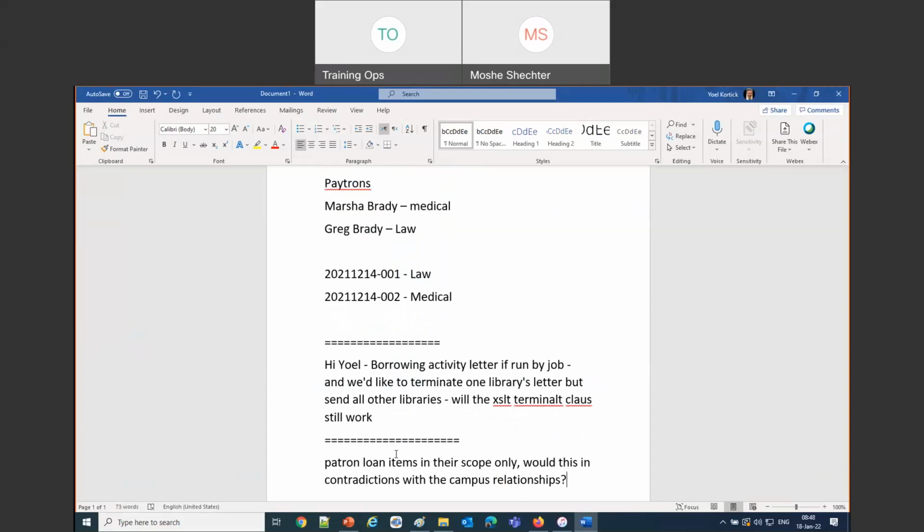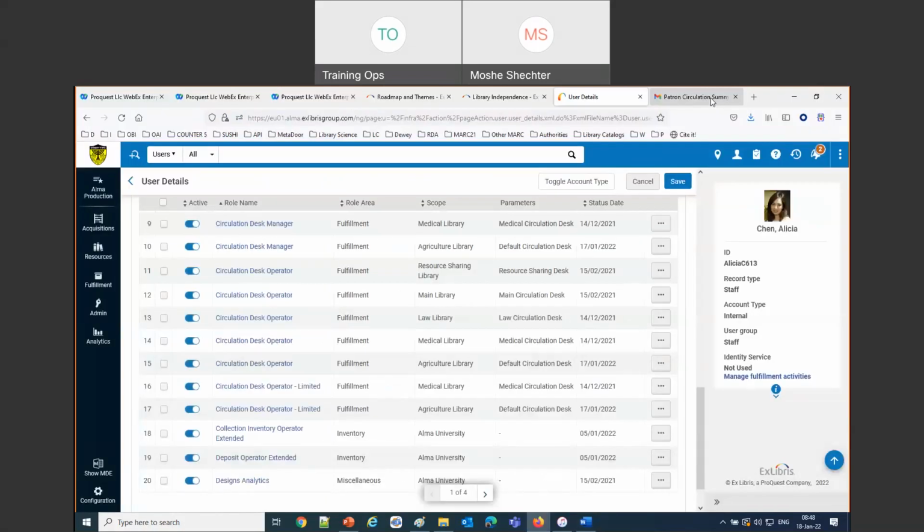Just to make everybody aware of what they are talking about, it's possible inside an XSL to have a terminate clause. I believe on the letters page, I've got an example of that. So the person is asking, now that the borrowing activity letter only has one library in it, can we use the terminate clause? I see no reason why not.